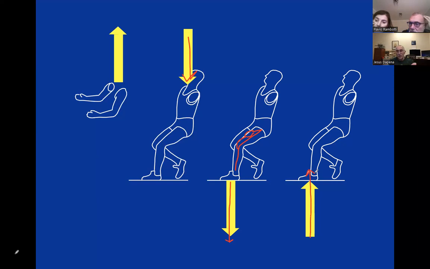So the big summary here is that if you swing the arms and the lead leg upward, then you will be able to make a bigger force on the ground, and you will receive a bigger upward force by reaction from the ground. So this is something that we also need to evaluate, whether the athlete is doing it well or not.